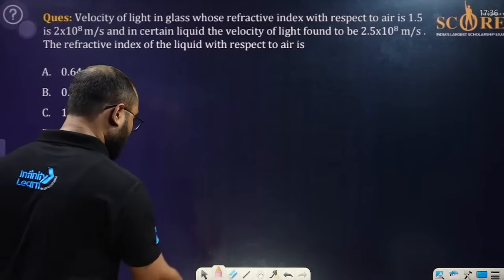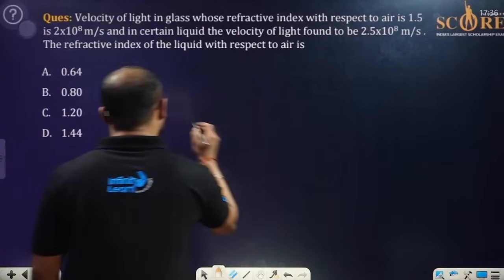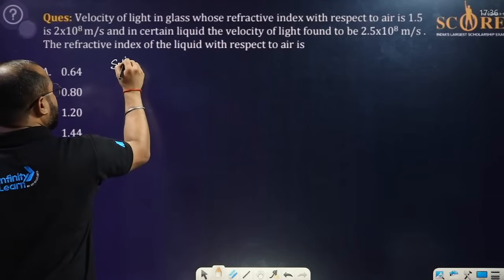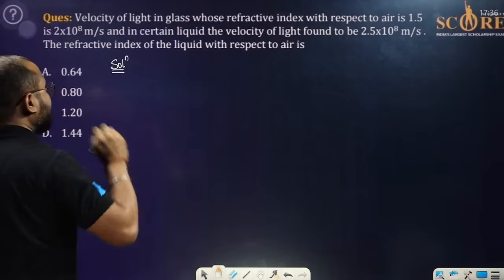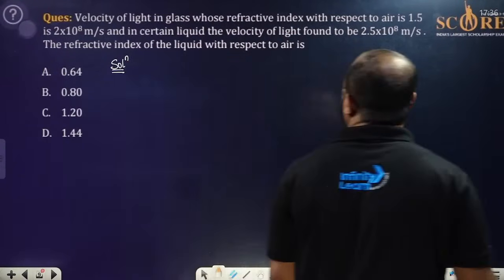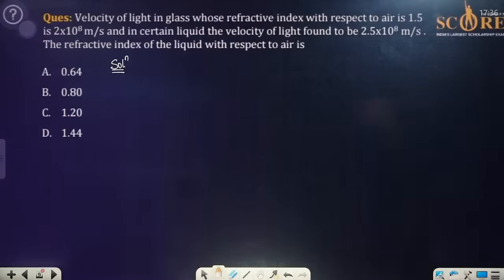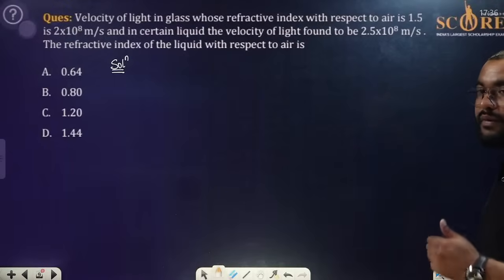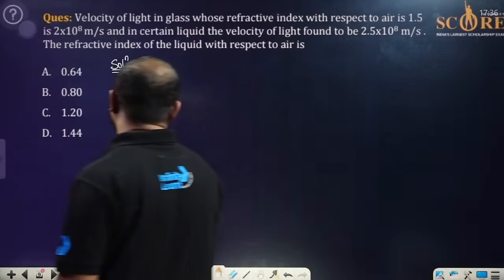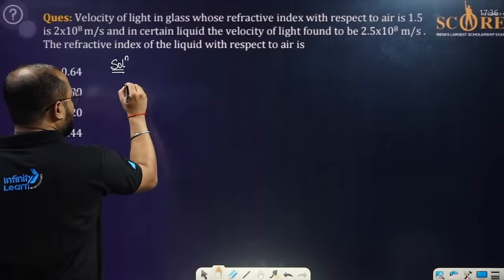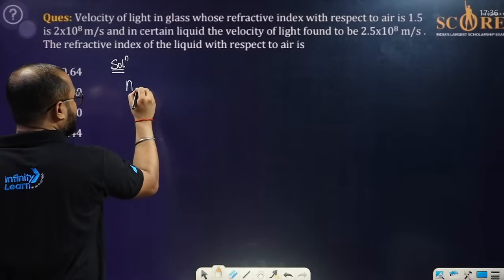Let us move to this, people. Let us solve this. Again, it is a very simple question. It has been said the velocity of the light in the glass whose refractive index is 1.5 is 2 into 10 to the power 8 meter per second, and in a certain liquid, the velocity of the light is found to be 2.5 into 10 to the power 8 meter per second. The refractive index of the liquid with respect to the air, that we have to find out in that particular case. So we know the formula for the refractive index, that the refractive index will be equal to the